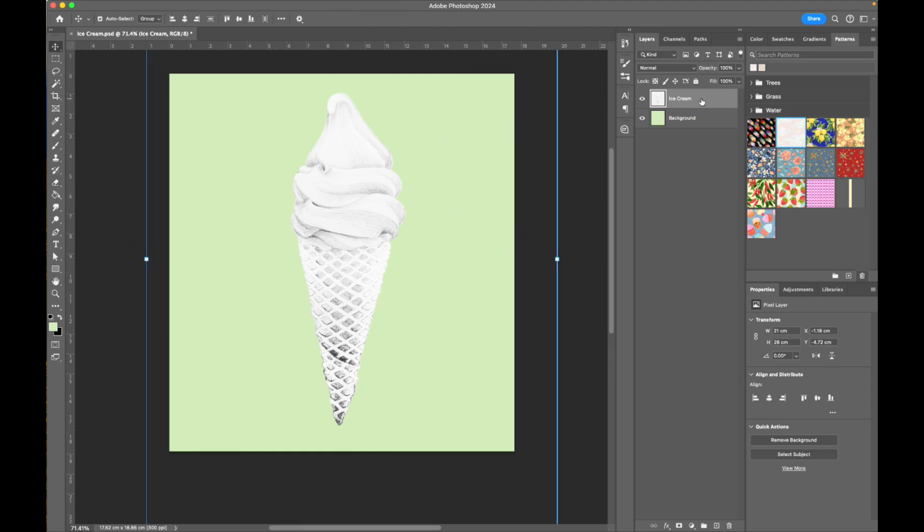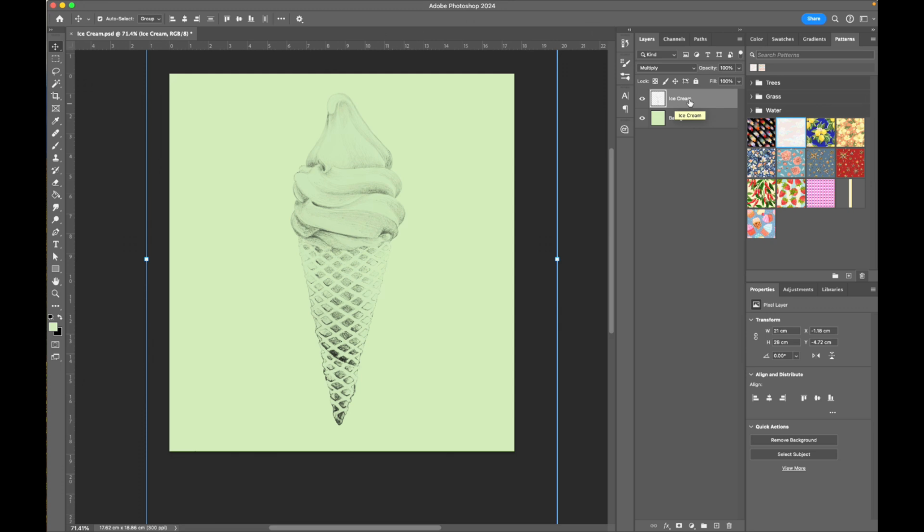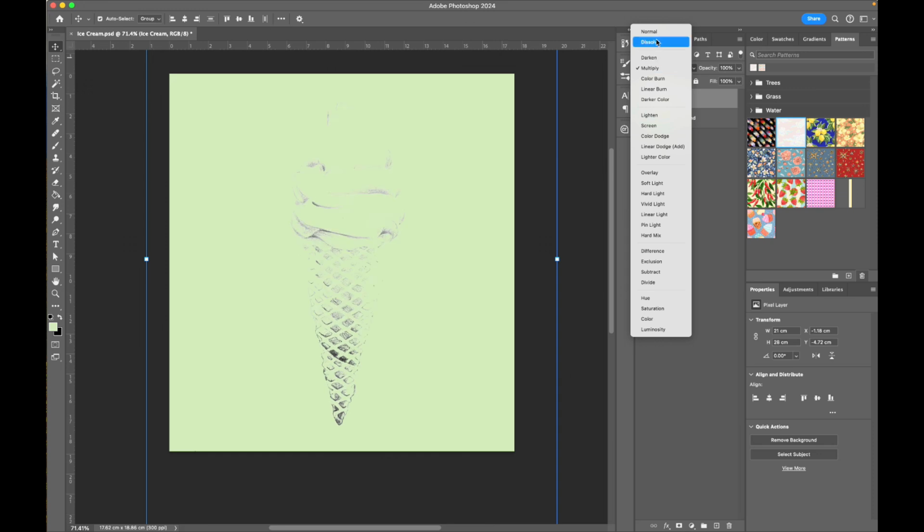And now I'm going to come up here into blending mode and select multiply. What this does is it makes all the white pixels transparent. So now we just have the outline of the drawing. If I go back to normal, you can see that it's still there, but multiply allows us to see the